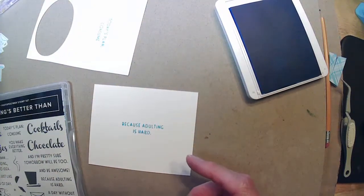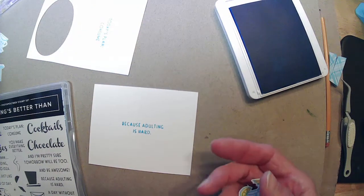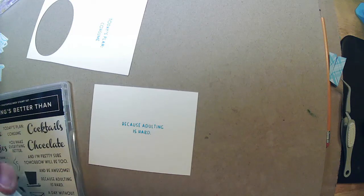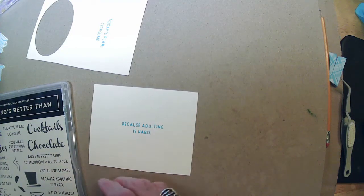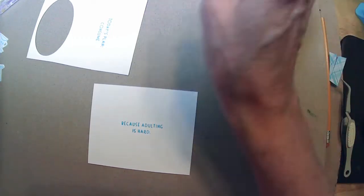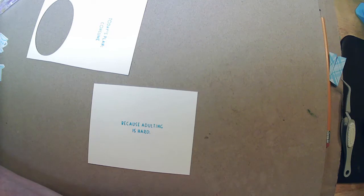I just haven't found, well, I do now. I have that designer series paper now that I'm going to use. I hadn't found what paper I wanted to use with my Tahitian Tide. So I'm going to give that one a try. And then we have, with the layering ovals,